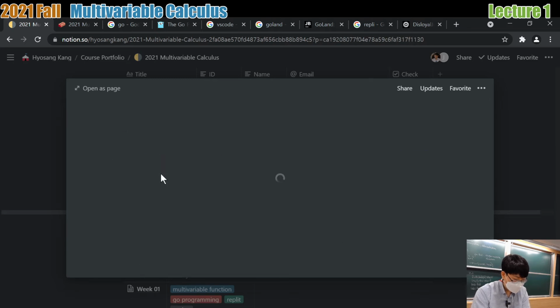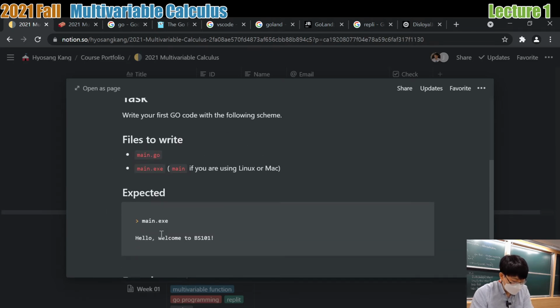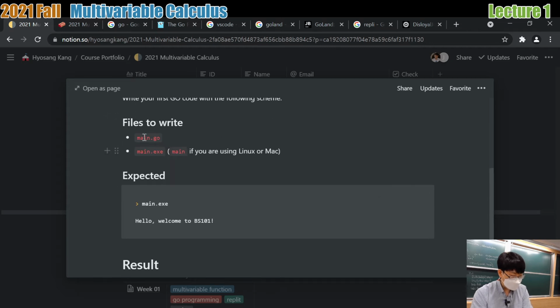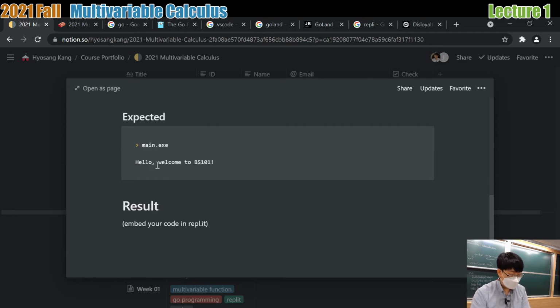Programming, okay. You don't have to put your main.go file content or main.exe file into the Notion page. What you have to do is simply